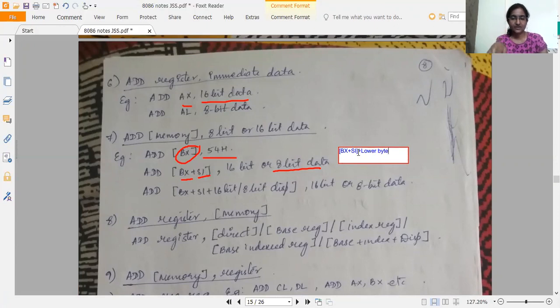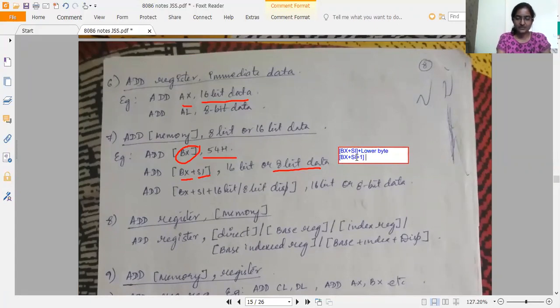Don't get confused here when I write plus the lower byte. We are not adding the lower byte with the content of BX and SI. The content of BX and SI is going to act as the address of the data to which we are adding the lower byte. Next, you have BX plus SI plus 1.